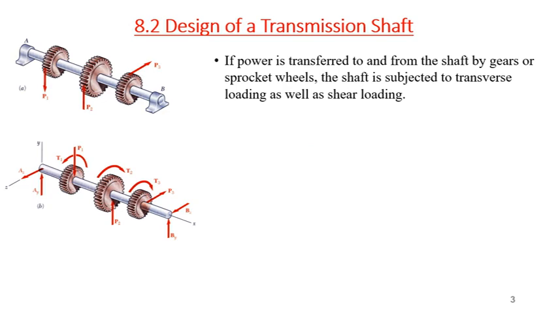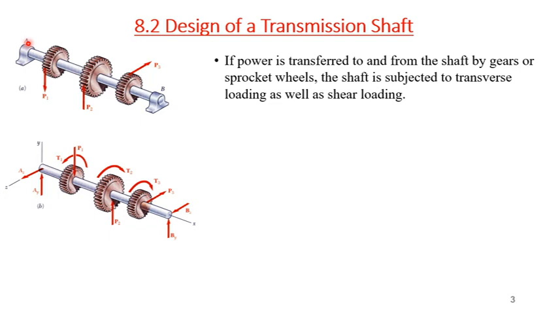Transmission shafts are used to transfer power by gear, or maybe sprocket, or maybe pulley and belt. If you look at the shaft with the gear, we have a gear, we have a shaft, and on the gear we have a transverse load acting. Now if we transfer this load to the centroid of the section, we have a transverse load P1, and that also causes torque T1, right? So if I take a section at the centroid and transfer the force-moment system there, we have shear transverse load P1 and